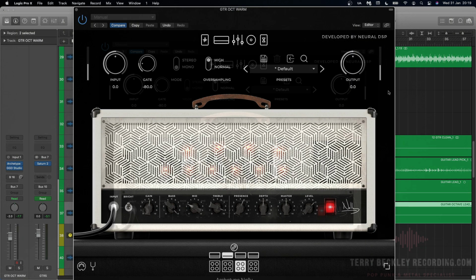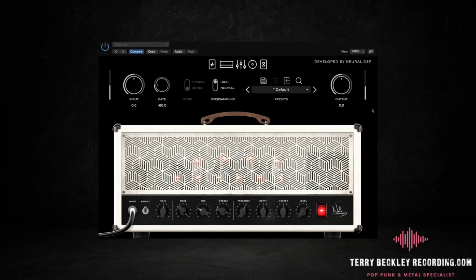So this is the tone, my absolute favorite amp sim, Archetype Nolly from Neural DSP, using the Crunch amp. Gain typically a bit higher than I would have for a rhythm tone. Bass all the way up, but we're going to deal with the low end later with EQ. Mids pulled back, quite scooped. If this was a rhythm tone, I'd have my mids much more up here,